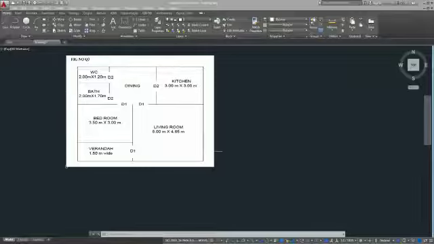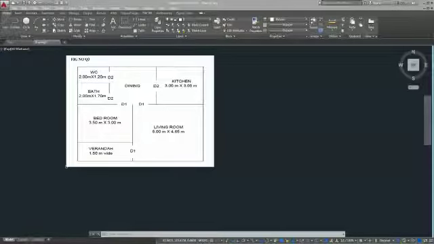You will be given a question like this, wherein all rooms, the living room, veranda, bedroom, kitchen, dining, bathroom, everything is given here and the dimensions are given. You need to draw the plan for this. That means wherever you see a line, that will become a line of thickness. That means a double line will come. For example, see these outer lines, I am moving my cursor. Outer lines are single lines, which means we have to provide wall thickness wherever those lines are.